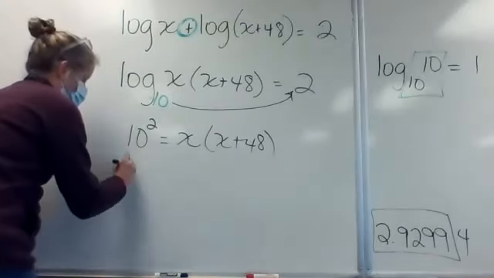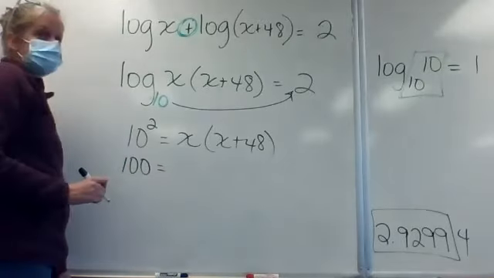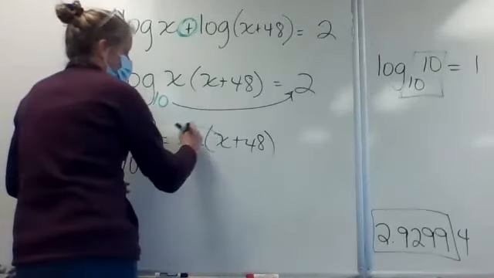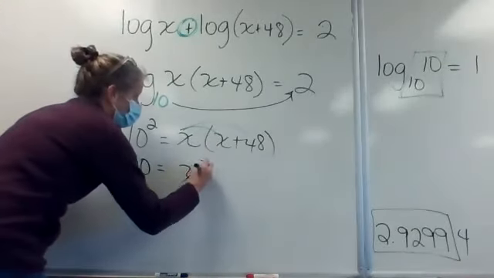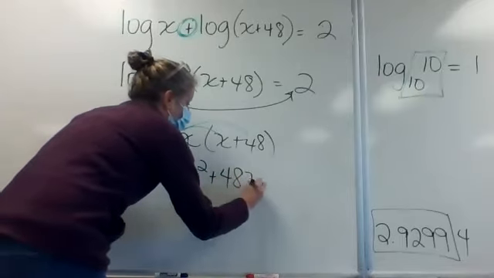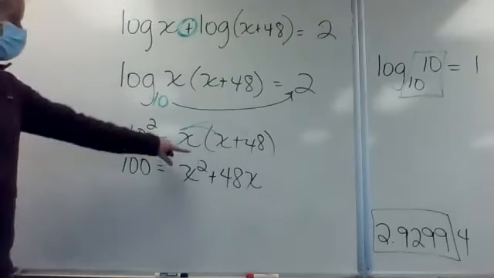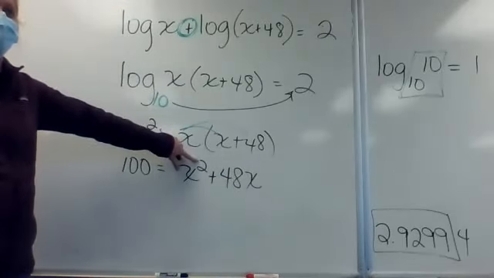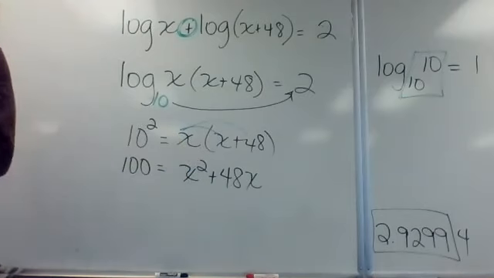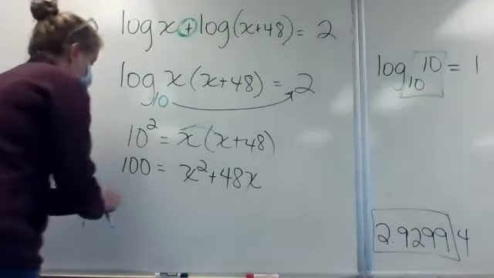So let's see, 10 squared is 100 equals, distribute this x. So now I have x squared plus 48x. What kind of equation do I have now? That's right, quadratic, which means I can go to my quad program, right? I can always use the quad program to solve this, but before I do that, you need to make sure